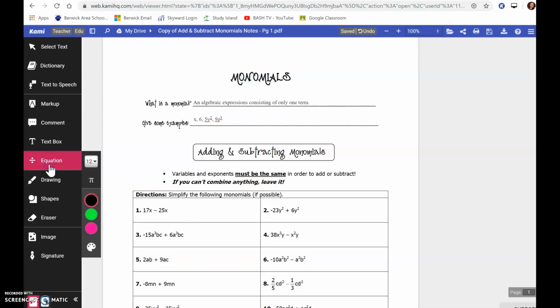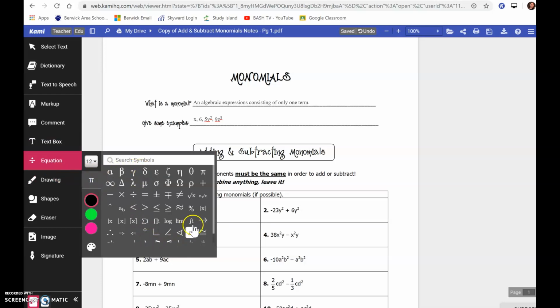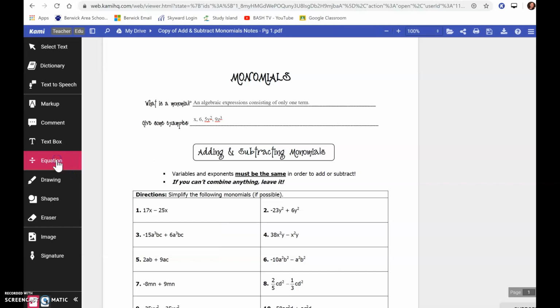There's also an equation tool here, which if you notice, it has a few symbols that we may use, like the inequality symbols here, or subtracting, multiplying, dividing. If you would need to insert those symbols, you can access them in the equation tool. And then the other good option is the drawing tool. If you have a stylus available to you,